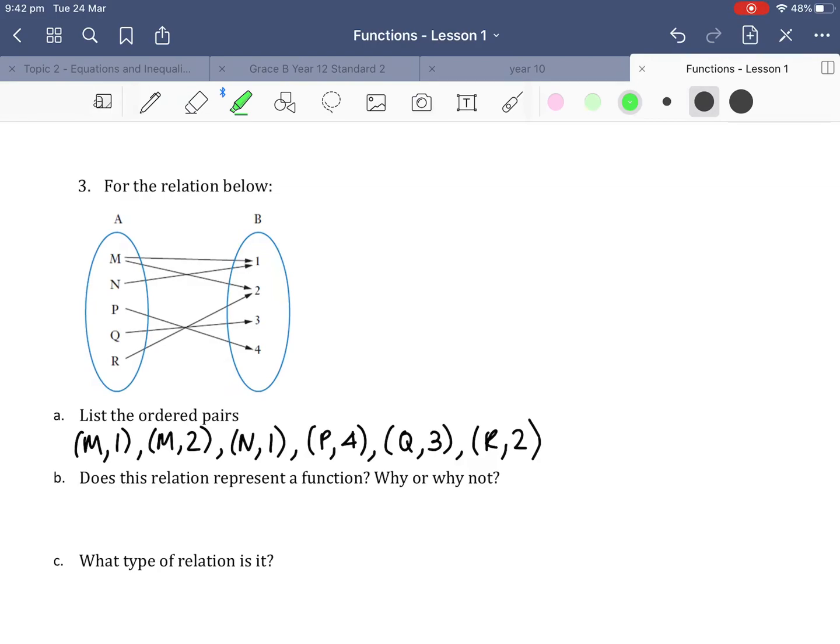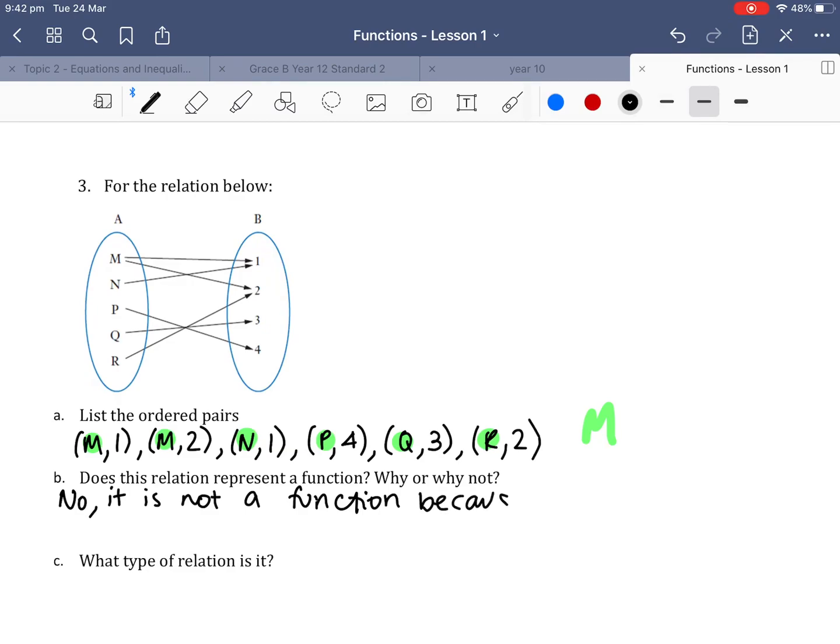Hopefully when you're writing down the set of ordered pairs, you're going, this is not a function, because these X values appear more than once in some cases. So in this case, we have M appearing twice. Because M appears twice in our set of ordered pairs as our X value, this is not a function. So our answer is no, it is not a function